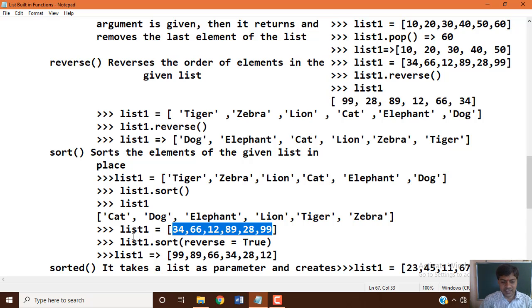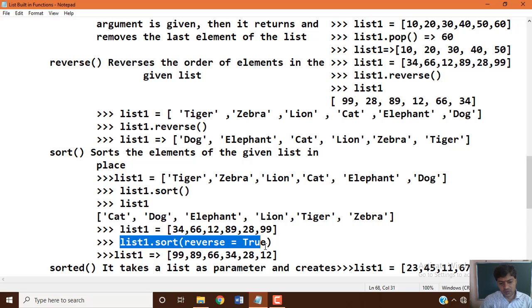Suppose you want the data in descending order, then you can apply list1.sort(reverse=True). Then the data items you specified will be printed in reverse, descending order.